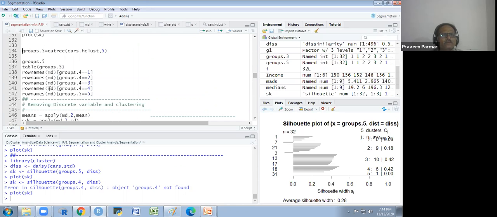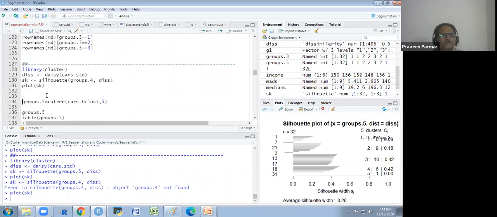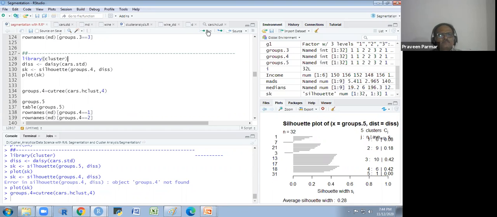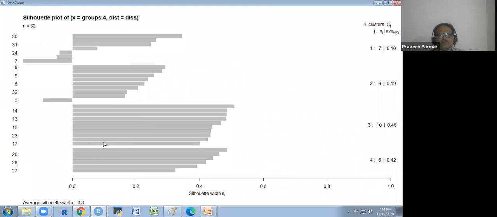Group 4 I have to run. Group 4 is not here. In the 4 I am also getting here 3 which do not belong to this out of this 7. And we have kept it here.